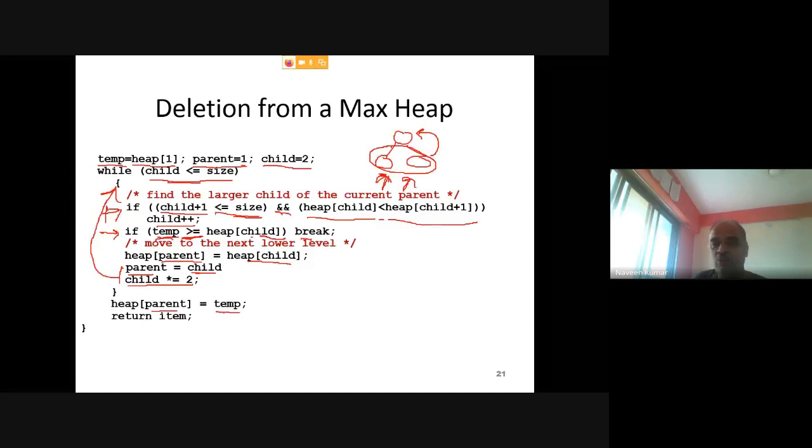So finally you store this temp at the empty parent location, because the children now either contain greater elements or smaller elements, or there is no child. Finally return the item that you stored initially, the element that you have deleted basically. So return that.